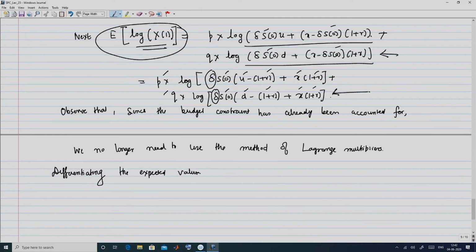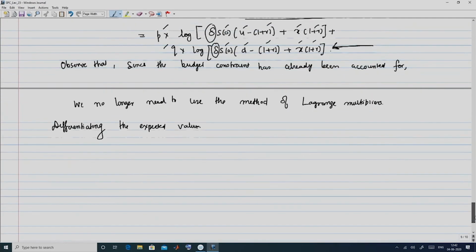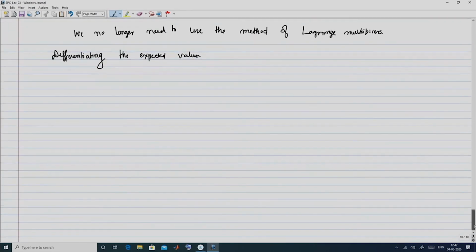So, essentially it boils down to maximizing this function as a function of delta. Accordingly we differentiate the expected value with respect to delta, because that is what we are trying to optimize, and setting it equal to 0 we obtain